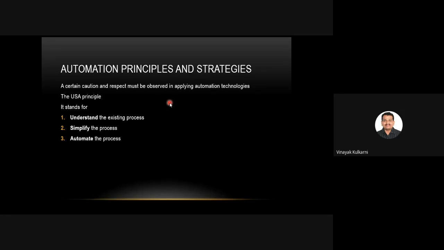So the first step in USA is to comprehend the current process in all of its details. What are the inputs? What are the outputs? What exactly happens to the work unit between input and output? What is the function of the process? How does it give an added value if I automate? What are the upstream and downstream operations in the production sequence? Can they be combined with the process under consideration?